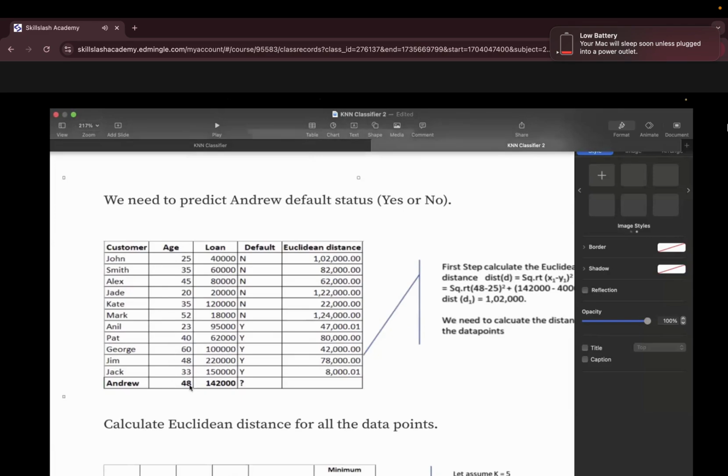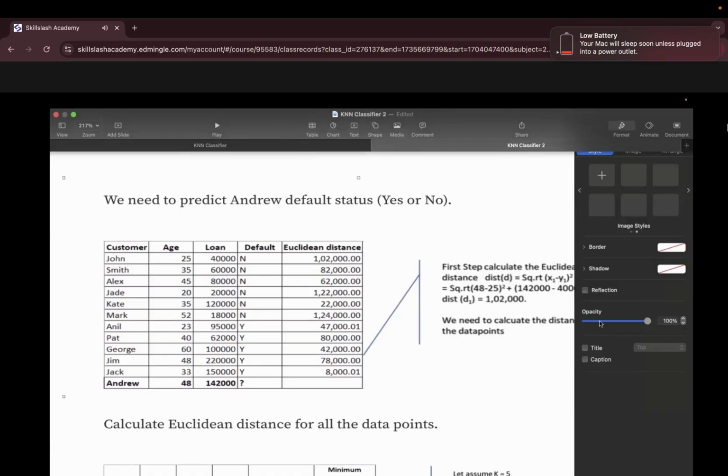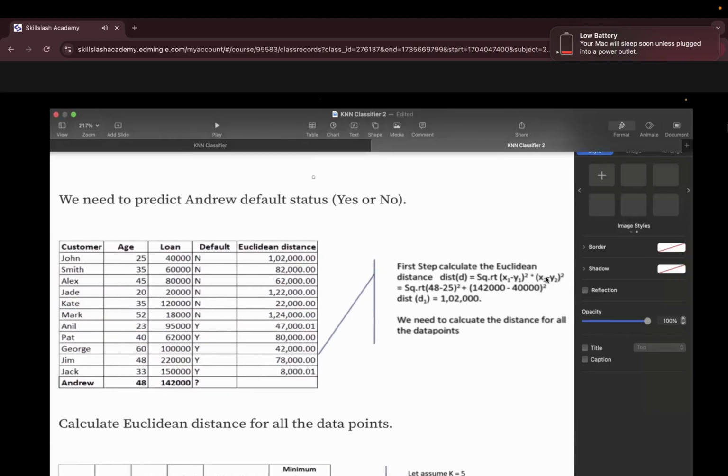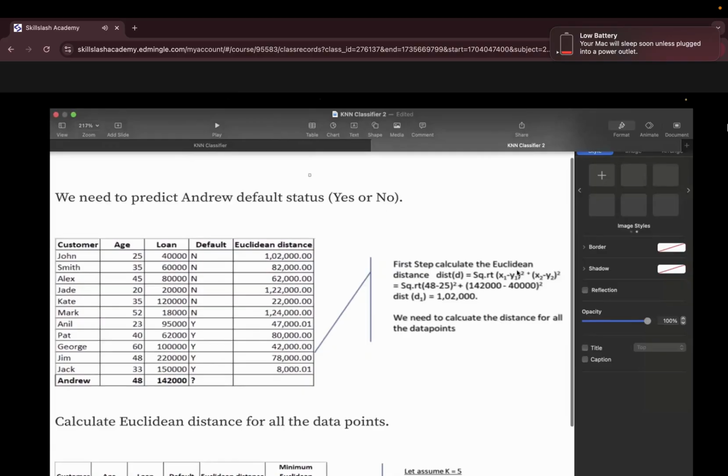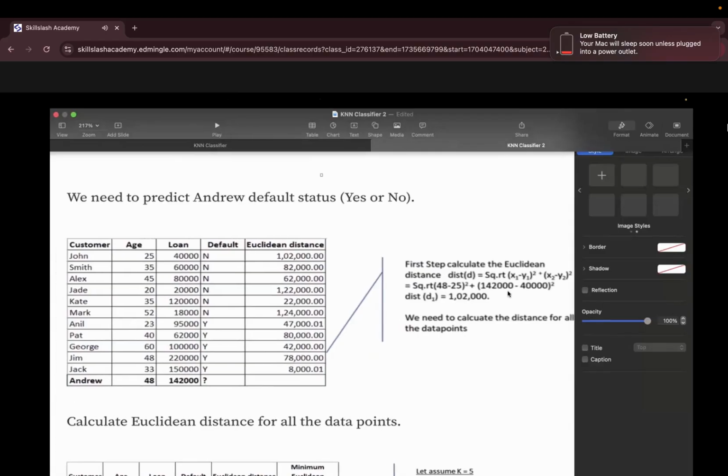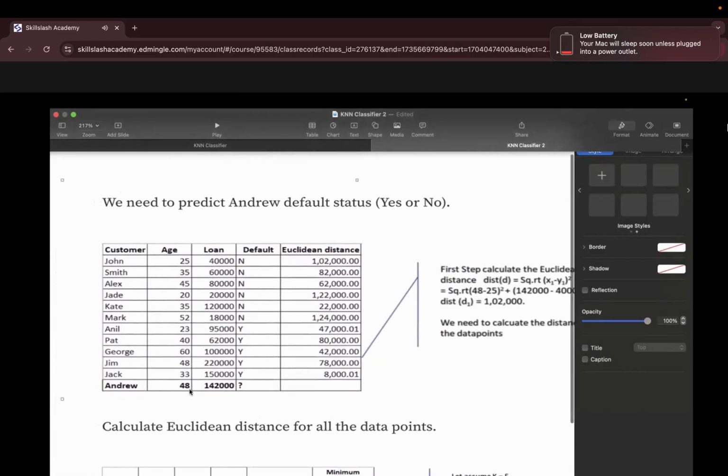We are picking the value of the same feature, so the formula is the same. It's just that the visual is different; they write y and consider it as 1. So x1 minus y1 means 48 minus 25 to the whole square, then 48 minus 35 to the whole square.